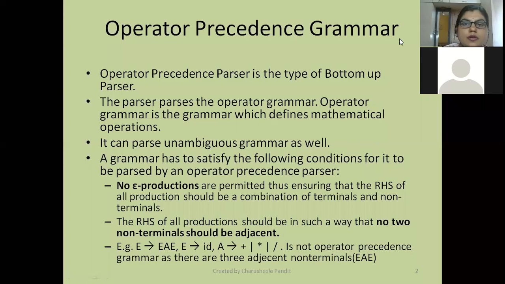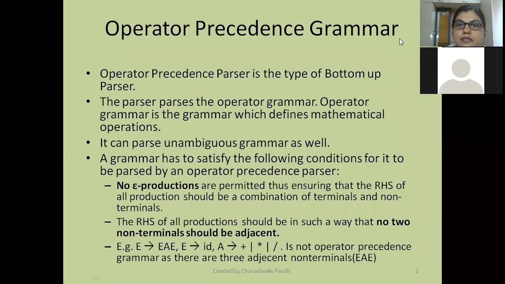So today's topic is operator precedence grammar. Operator precedence parser helps the compiler to identify the precedence of the operator in the arithmetic statement. Like if we have a statement a plus b plus c, which operation to perform first, a plus b or b plus c? Or if we have a statement a into b plus c, what to perform first, a into b or b plus c? So the identification of the precedence of the operators can be done easily with the help